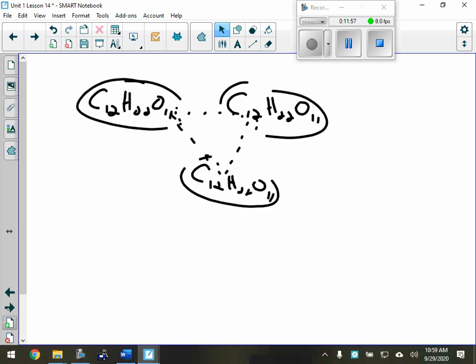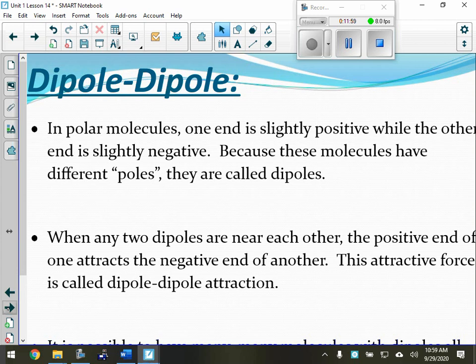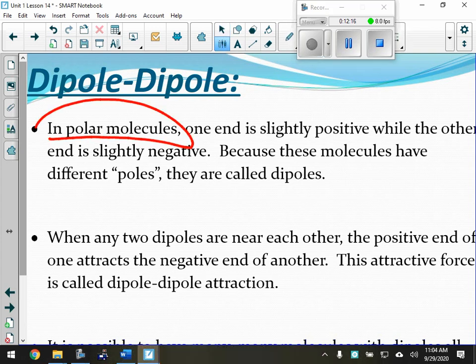Okay, so here we go. First one, I'm going to let you copy. Yeah, dipole-dipole. Dipole-dipole is the first one that we're going to look at. We have three, like I said. This is one of them. It says in polar molecules. So that's important for us. If it's a polar molecule, this is an option. We actually have another option as well, which we'll talk about, but this is definitely an option for polar